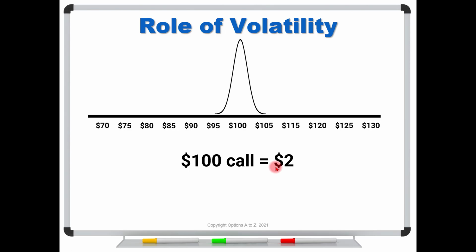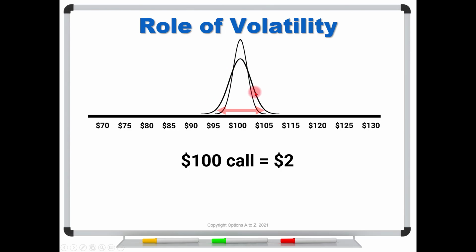But now some news starts circulating in the markets, and people are saying, you know what, this upcoming earnings, they're thinking it could be a really blowout earnings, and that stock might be up a whole bunch. And traders start talking about this, or reading the message boards, listening to analysts, and they're all saying, yep, that's the news. And so what they're really saying is that there is now a wider potential. Yes, it could be up higher if the news is good, but maybe it could also be down more if it's bad. So we just have a wider potential range for stock prices, and that's the definition of higher volatility.